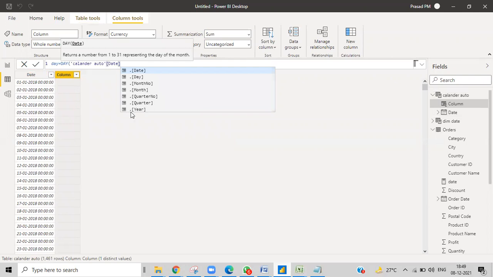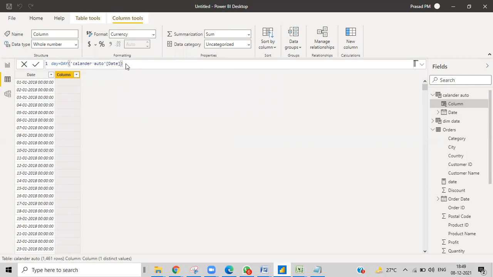Again, it will ask to give the dot date, dot dash and so on. We don't use these kinds of things right now, we'll use them later, so just close this one. Sometimes the table name comes in single quotes, and sometimes you don't need to give them. Just keep in mind the table will be in this format, and the column will be in square brackets.